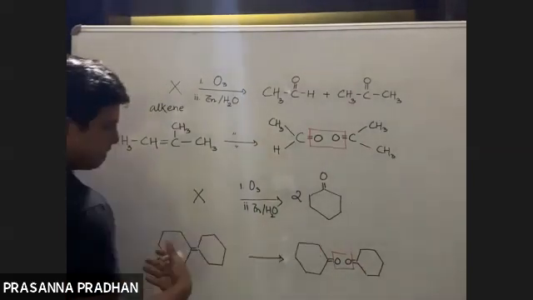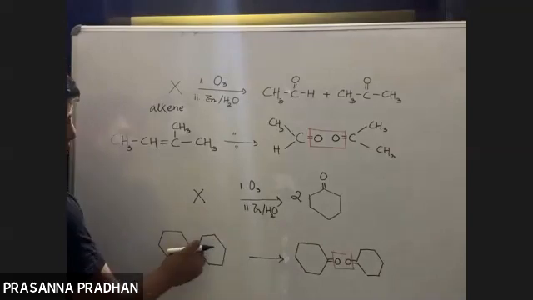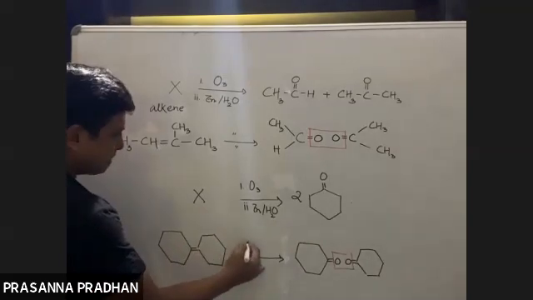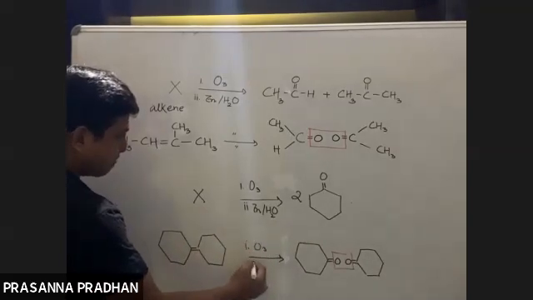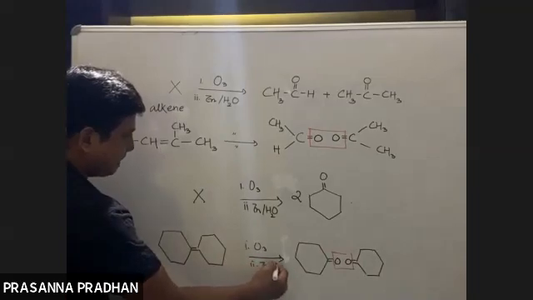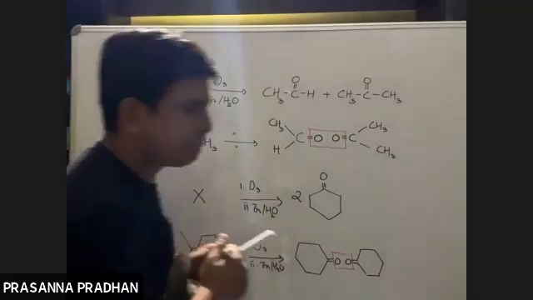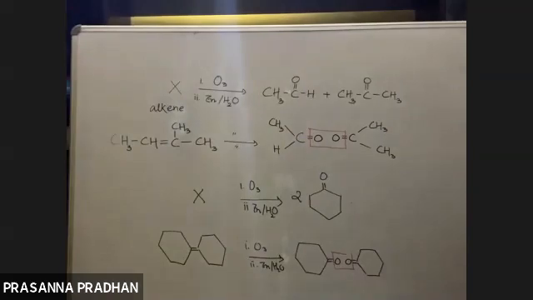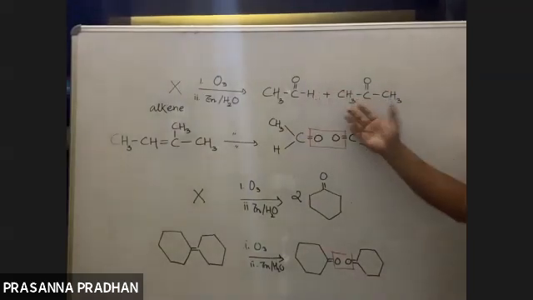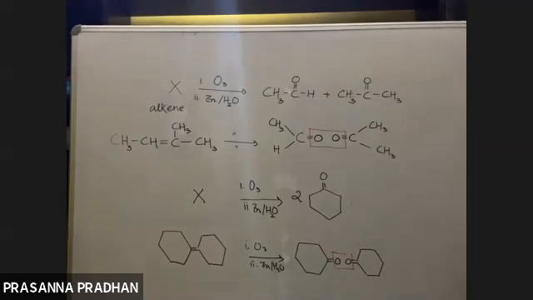बस. So yes, oxygen हटा दो, दोनों compound को double bond से connect कर दो. So this is the starting compound. Please keep this in mind. Okay, so from alkenes, ozonolysis, we get a mixture of carbonyl compounds. Now here we are doing the reverse thing. Carbonyl compounds are given. We are predicting the structure of the starting alkene. That's it.